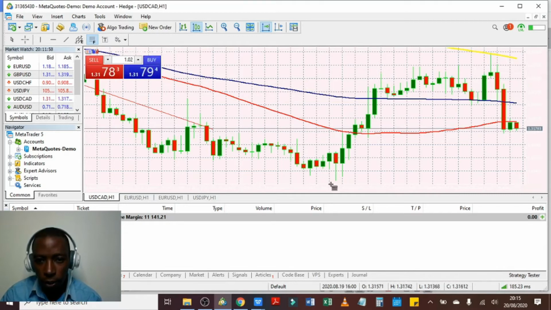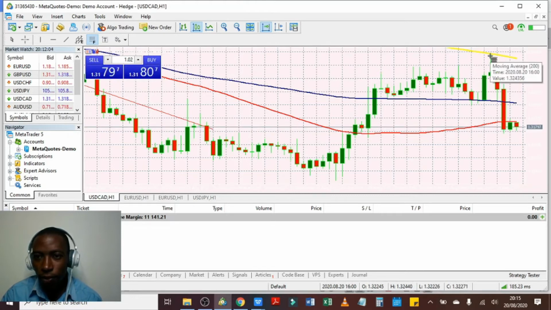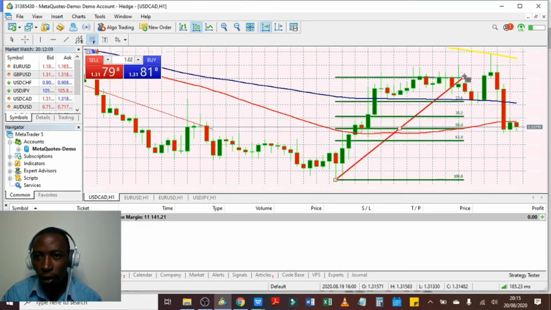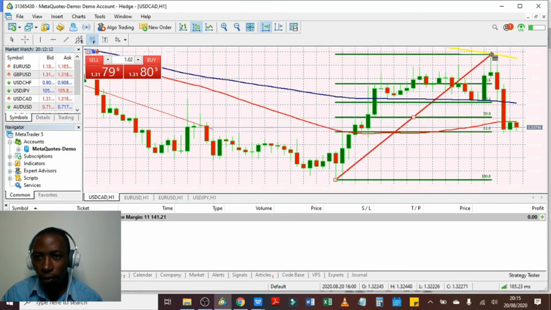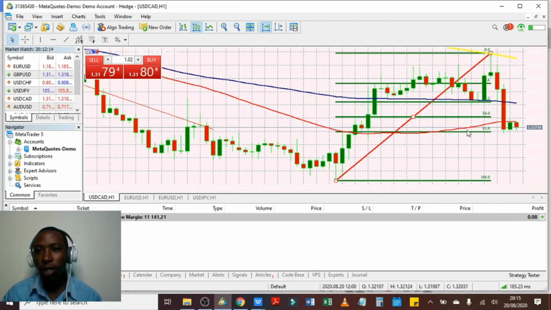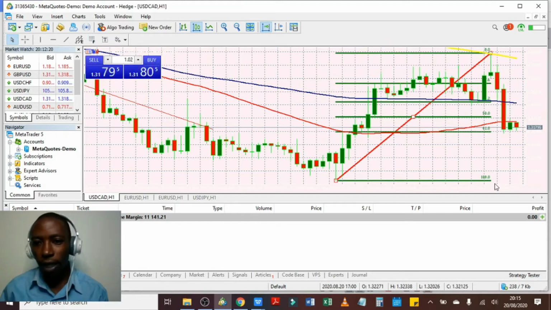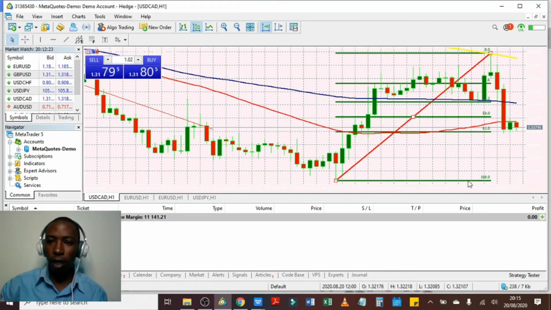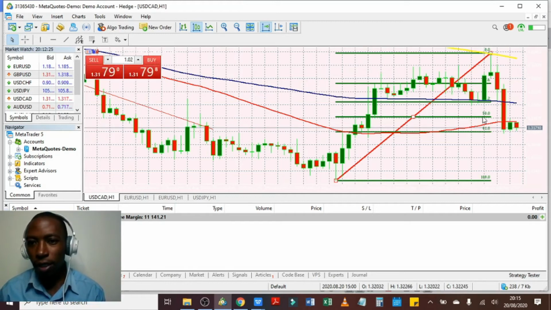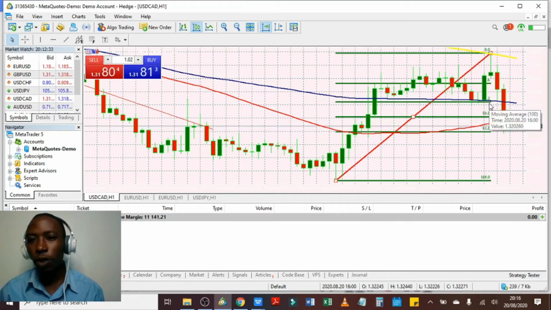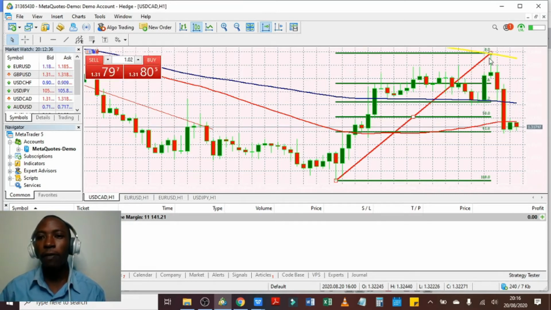So we connect the lowest price, this seems to be the lowest price, to the highest here next to the 200-hour moving average, and we get our retracement level. So what we do is just drag our mouse over it up to this level on the tip of the highest price, and we get our levels. As you can see, in an uptrending market, we have the levels beginning with 100% on the lower side, and then we have 81.8, 50%, 38.2, and then we have 23.6, and then we have 0%. As you can see, these levels are very important. They can help you to predict how to trade.